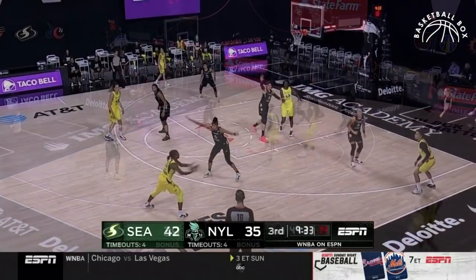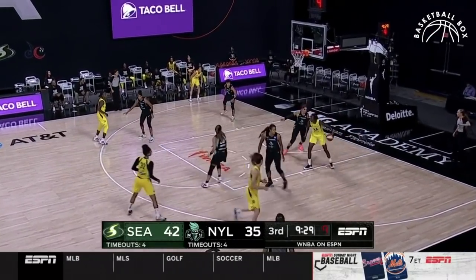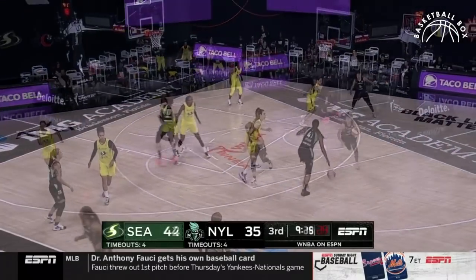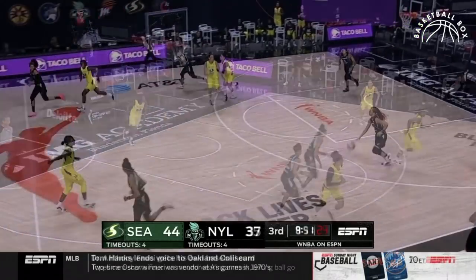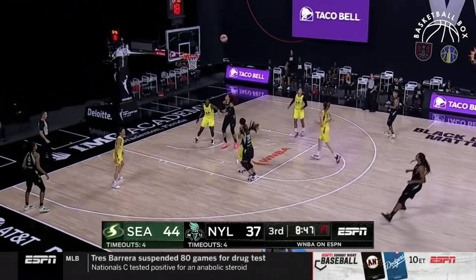Bird connects on it. Here is Howard, wiggling her way into the lane and spinning it home. Good backdoor cut and finish on the weak side. They saw the back cut. I mean, in the first half, they were 8 of 10 inside the paint,